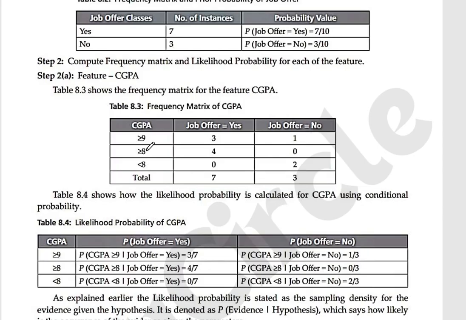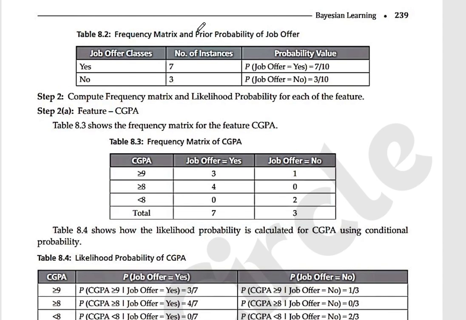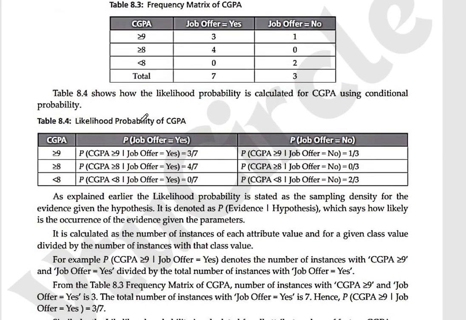Same you need to calculate for greater than or equal to 8. The number of instances that are yes for the job offer target class is 4, and 0 no's. For less than 8, job offer yes 0 instances, and then for the less than 8, job offer no is 2 instances. And you can add the total comes 7, that is out of the 10 instances 7 are yes, and then out of the 10 instances 3 are no. That is the same thing you have calculated in the frequency matrix of the prior probability of the target class. This is the frequency matrix of CGPA, and then we need to calculate the likelihood probability of